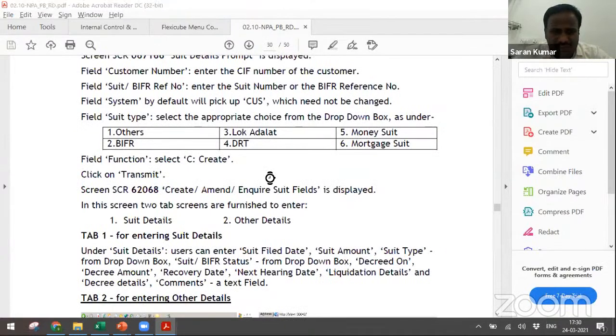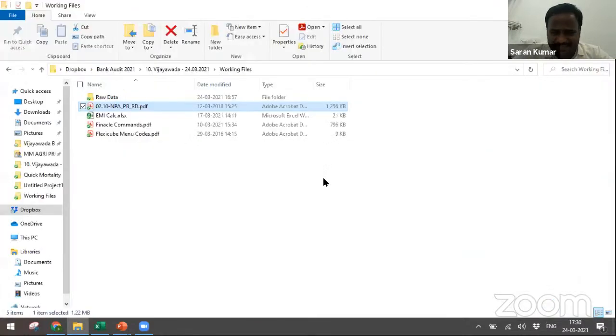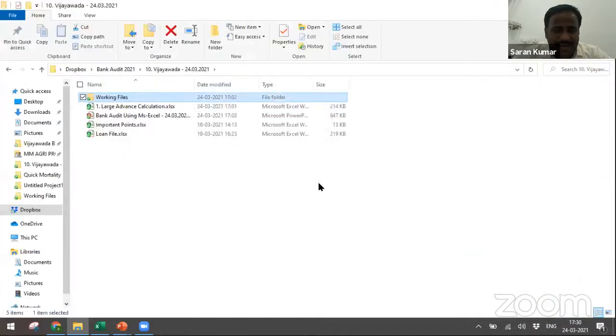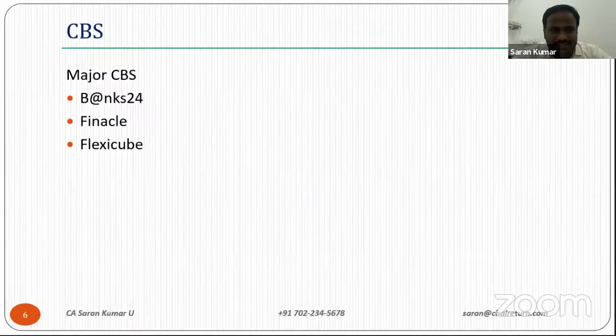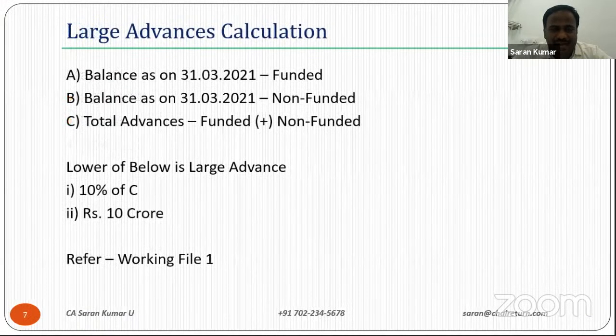Though my session is not more about CBS and more about Excel, I'm telling this because at the end of the day, you need to get the data from the CBS. If they don't provide it, you must go and download the data. If you find something, you need to go into the system and verify. So let us at least have a little comfort before going into the session, before going into the audit. So this is about the three CBS. Now let's come to what is new with the new LFARs.